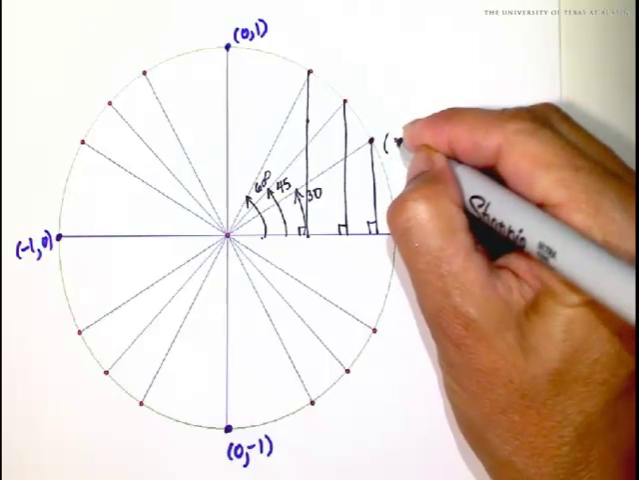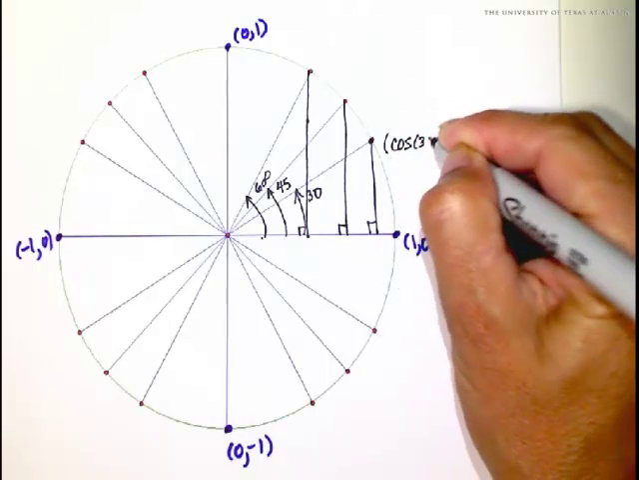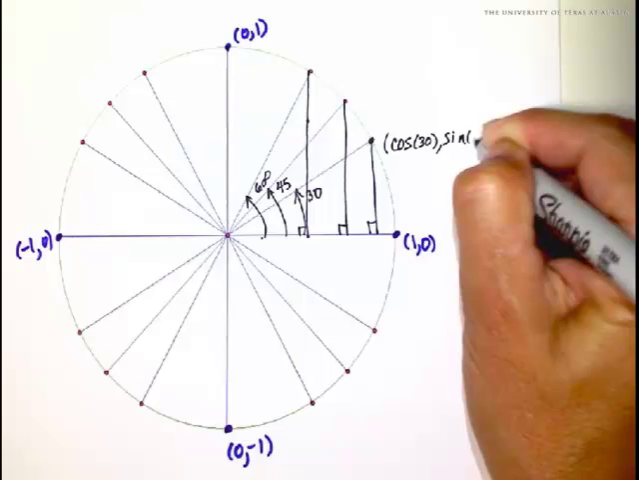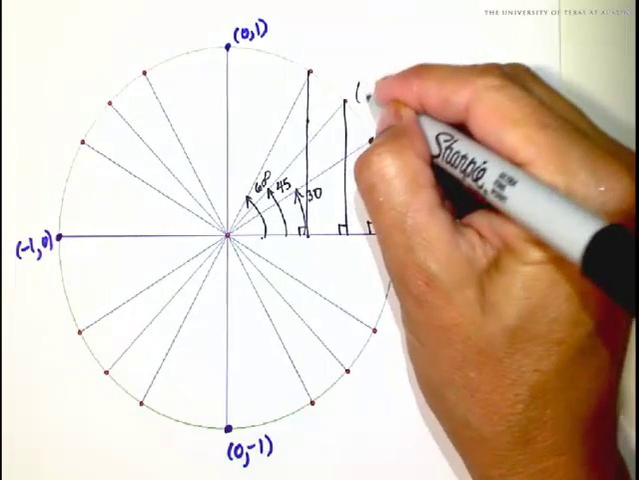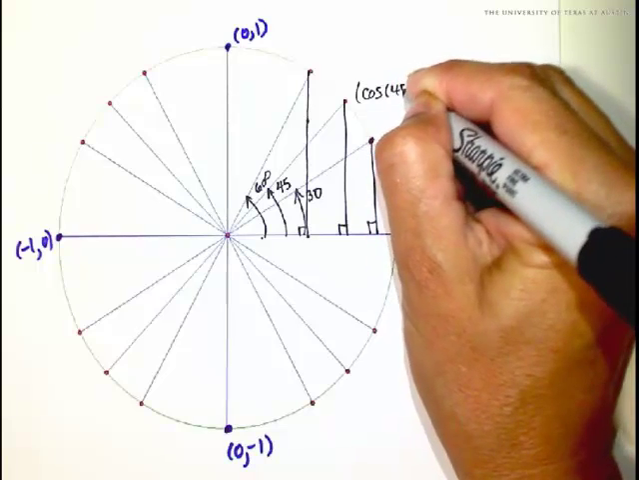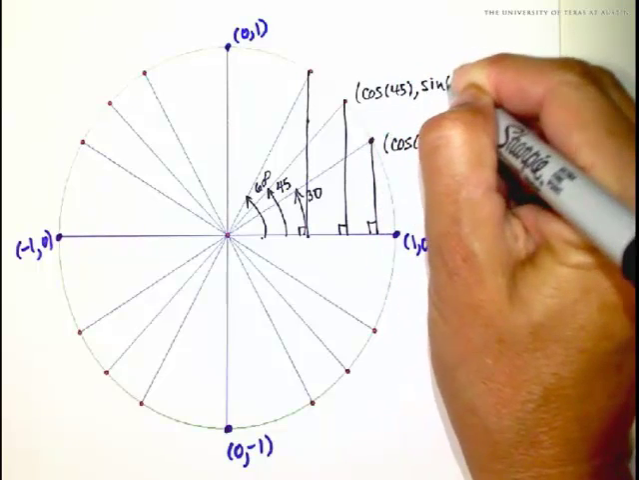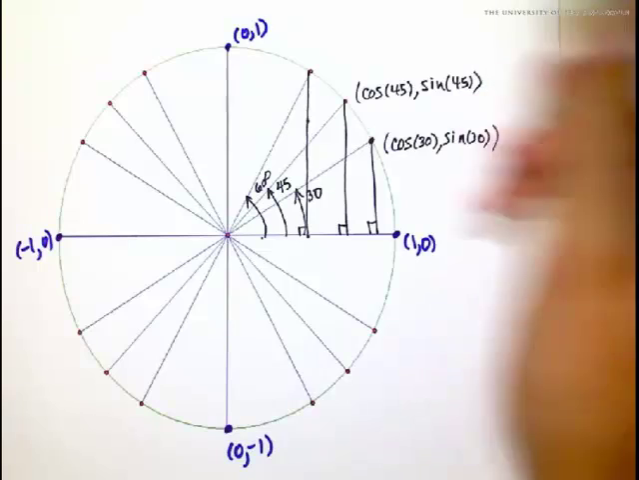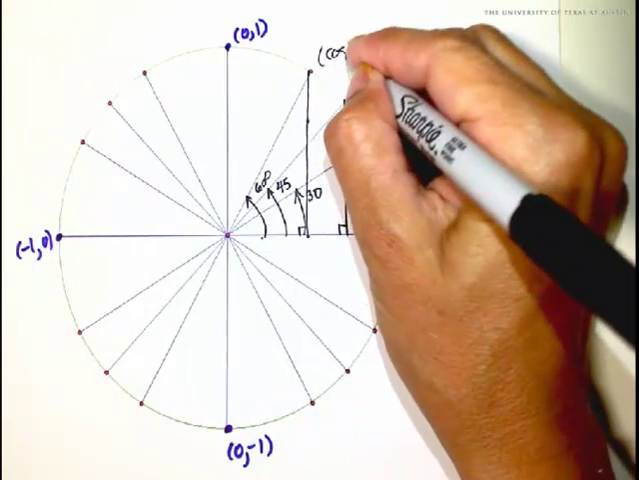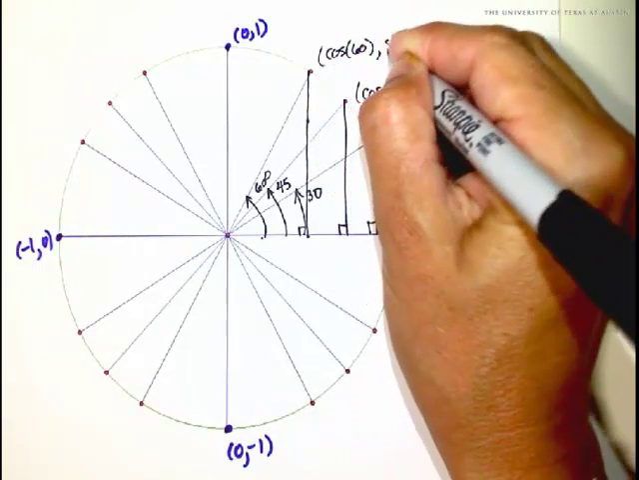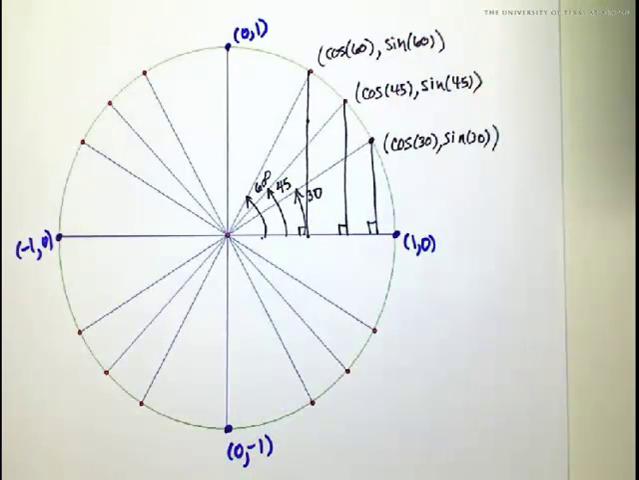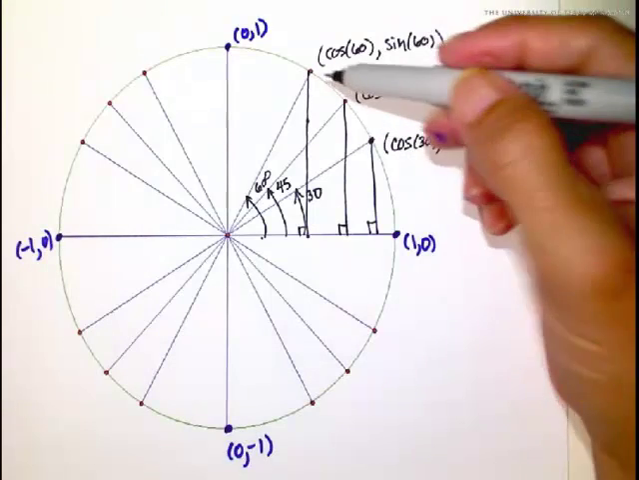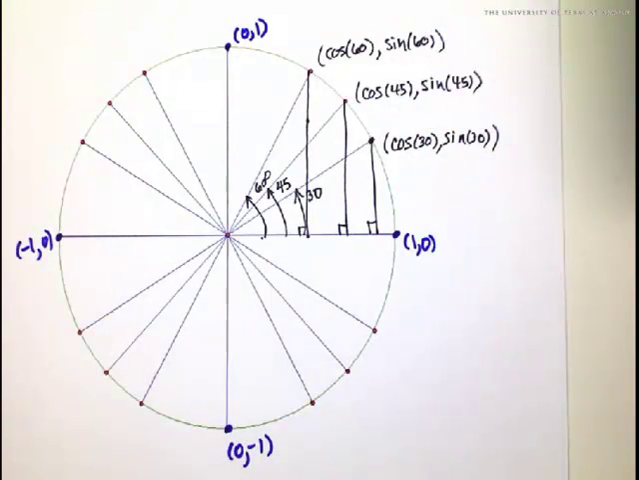So I know this point should be cosine of 30, sine of 30. This point should be cosine of 45, sine of 45, and this point should be cosine of 60, sine of 60. Okay? So we have that from what we just discovered on the earlier page. Now,